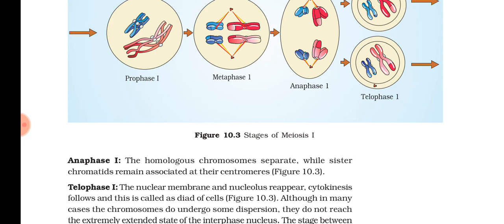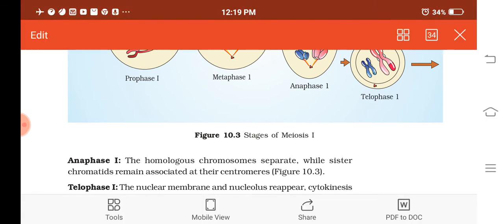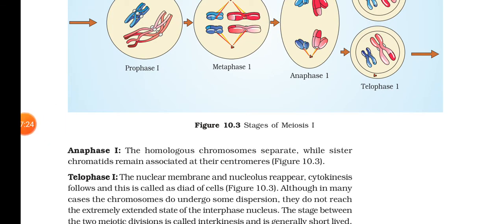In the center they are arranged as pairs, and in the next phase, what is that? The characteristic feature of anaphase? Movement of chromosomes towards the poles, and that is due to the attachment of spindle fibers from the poles, and due to the shortening of the spindle fibers to the center. Understood? So due to this what happened? The chromosomes, if 23 chromosomes are forming, understood? So I hope it is very clear.